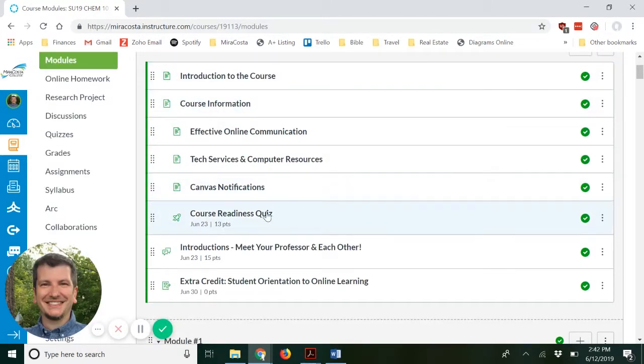You'll also get to take a course readiness quiz, which is basically just a quick quiz just to make sure that you have read through the syllabus, all the different policies and procedures, and you know what's going on. And you'll see on this quiz, you do have to score 100% on that quiz, but you get unlimited attempts. So between now and Sunday night at the end of the first week, June 23rd, you have to get 100% on that quiz. And that just lets me know then that you really are prepared for the course, you know what the expectations are, and you really are being set up for success. If you don't score 100% by that Sunday night at midnight, then I am going to drop you from the course, just so you know.